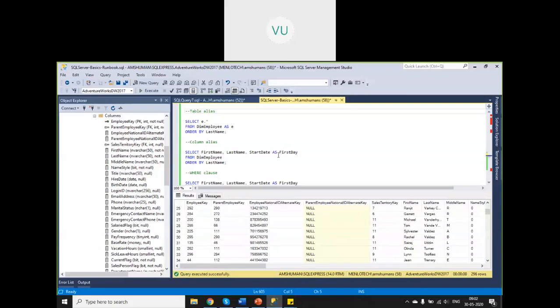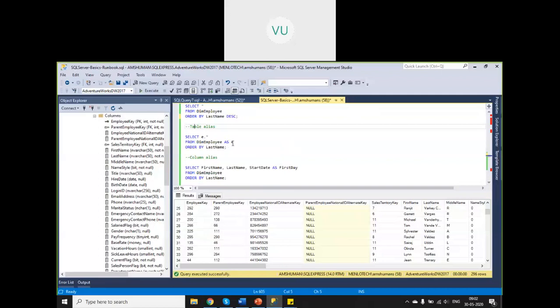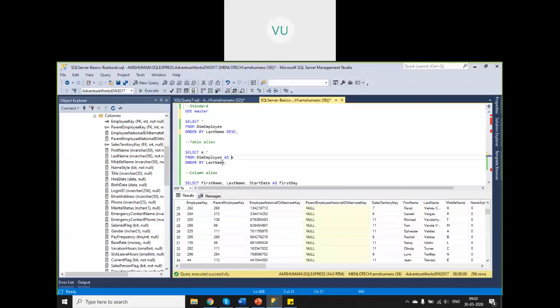So what you will do is put an alias. How to put an alias for the table name? In the FROM clause, after the table name, you say AS, which is a keyword, and the alias name. Once I mention this alias name, I can use it in my select query or any condition, say dot some column name, and apply some condition. That way aliases will be very useful.